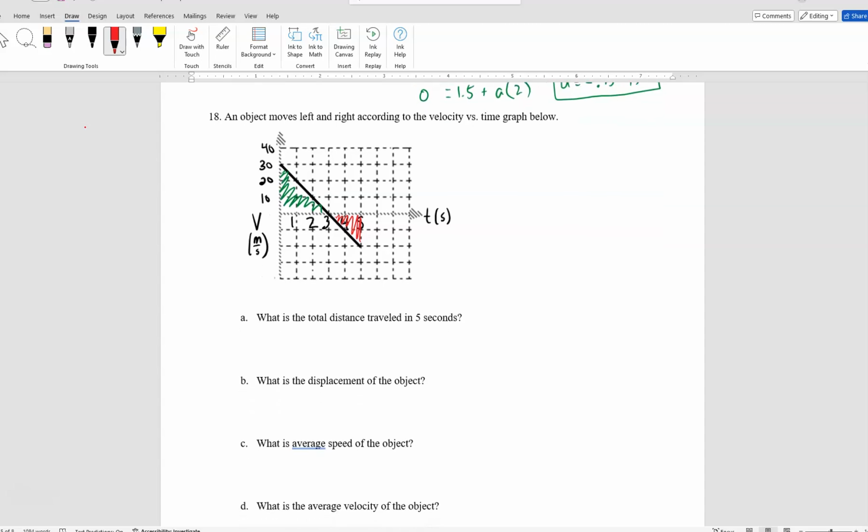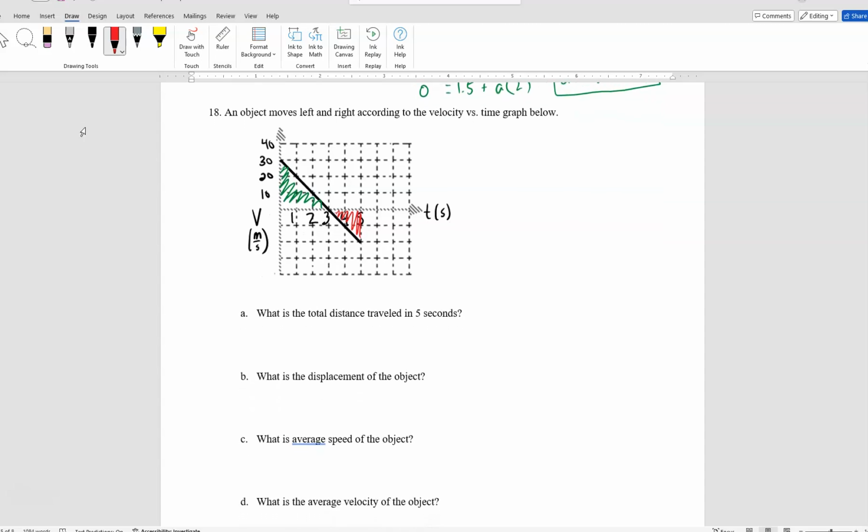and the x-axis, which means we're going to have to do two things here. We're going to have to do two triangles, 1/2 base times height plus the other 1/2 base times height. So we do 1/2 times 3 times 30, and the other one would be 1/2, and the base is just 2 from 3 to 5 seconds. And the height for that one, well, it's just going to be total distance, so I'll just leave that as I know it's 20 meters per second in the negative direction, but we're just looking for total distance here. So if we do that correctly, we should get